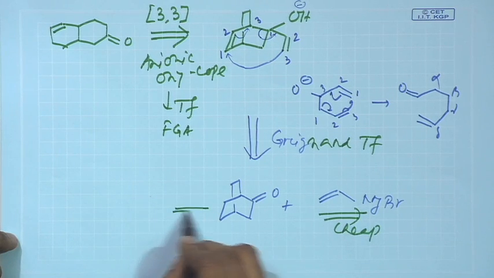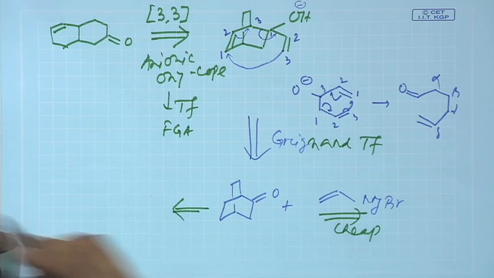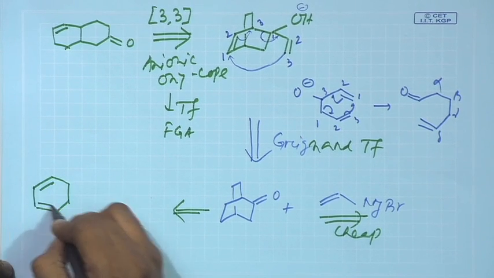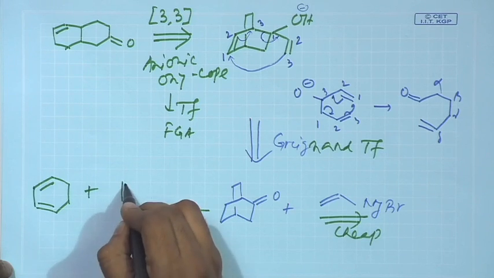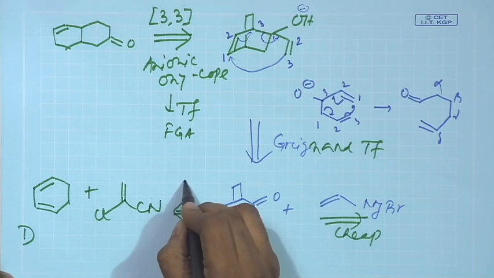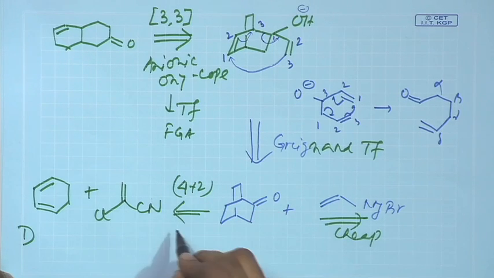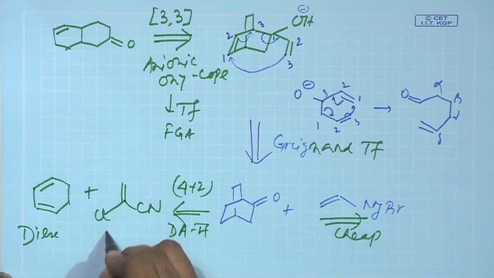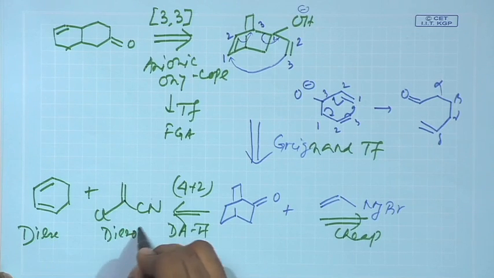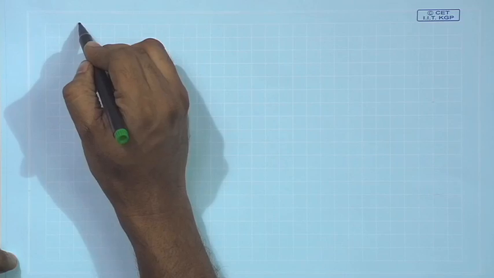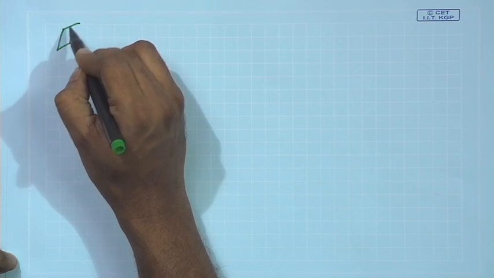Now, this ketone you need to make, so we will do another retro. Now, see, the retro which was given in the slide is based on a Diels-Alder cycloaddition. Now, what do you exactly do? You basically start with a diene, it is the 4 plus 2 cycloaddition reaction, or you can say Diels-Alder transformation. It is a diene, and you need a dienophile, which is the main criterion for the Diels-Alder reaction. Okay. So, you start with this diene and you do a 4 plus 2 cycloaddition reaction,